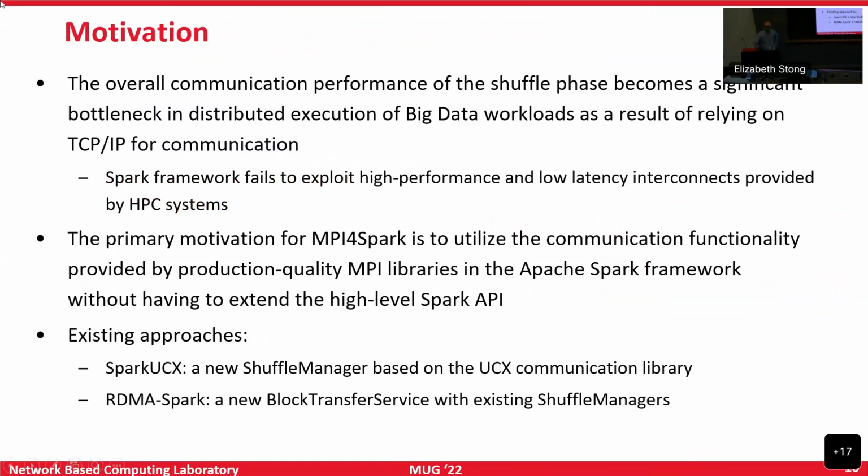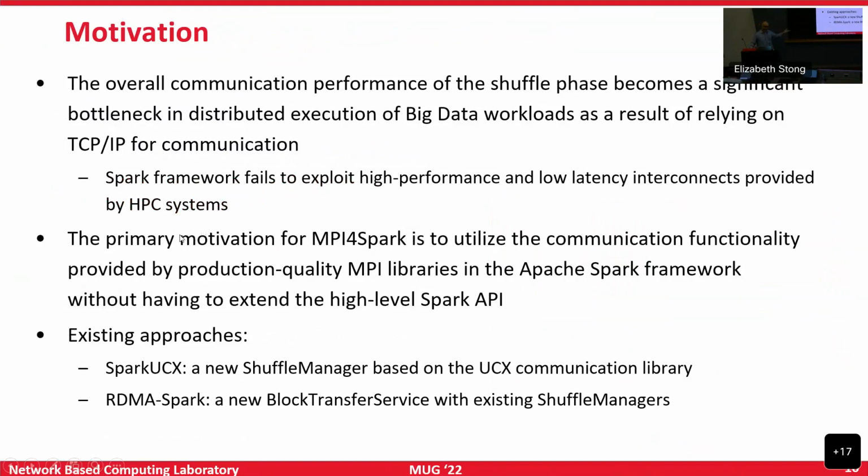So some more motivation, again, I think I've conveyed this: our main motivation is that there is socket-based communication going on, and we want to utilize MPI communication here, right? This would allow us to utilize existing high performance and low latency interconnects provided by HPC systems.